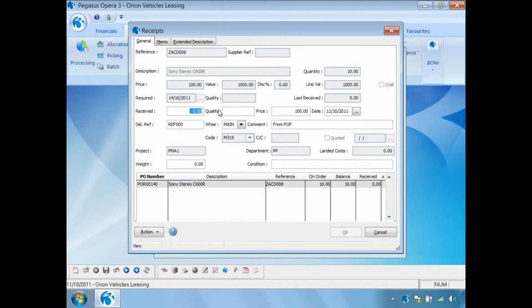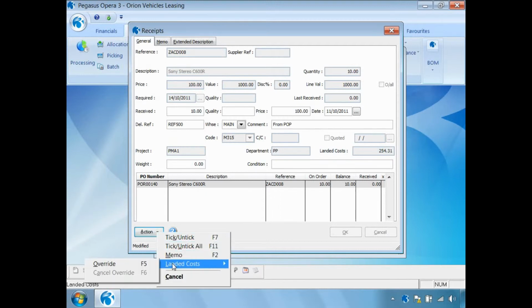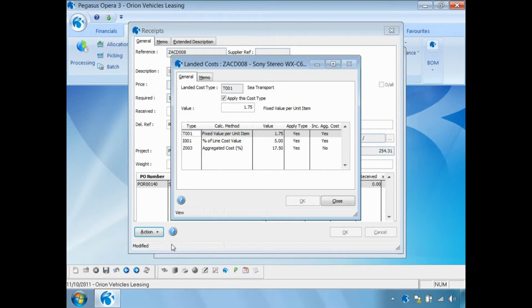Okay, let's say we've received 10 into stock. Notice we have the cost price, but we also have the calculated landed cost price here as well. If this calculated landed cost price is incorrect, we have the ability to go through and override the landed cost values. Let's say, for instance, on this particular shipment, insurance wasn't applicable, in which case I can turn off applying insurance, I can save that away,